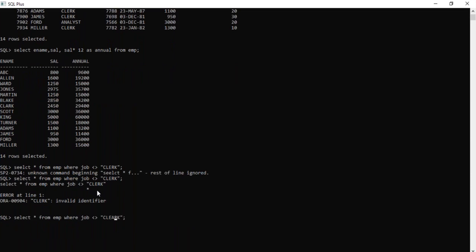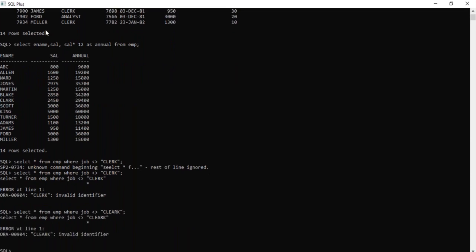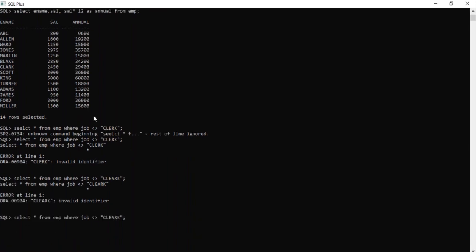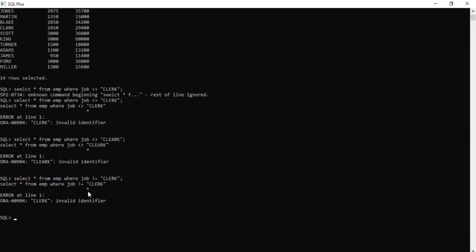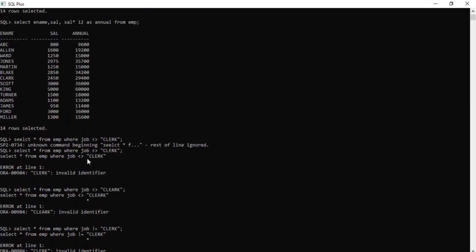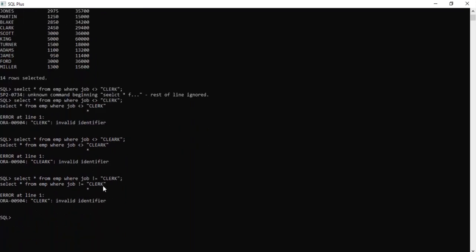Not equal to clerk means the remaining will come. There is a spelling mistake here, invalid identifier. Clerk also had a spelling mistake, sorry. CLERK, right?